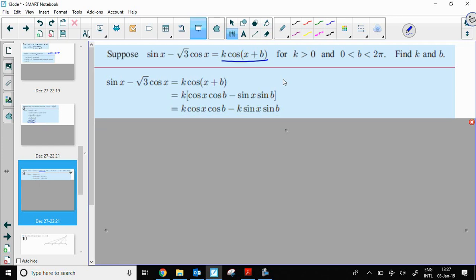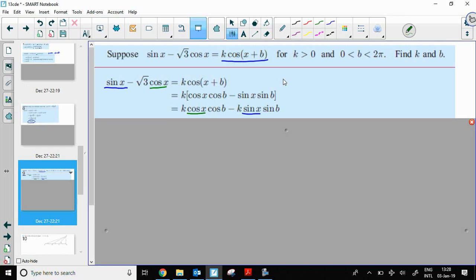Now we have sine of x is equal to all this mess, and I just want to point out we've got a sine x here, a sine x here, a cosine x here, and a cosine x here. I want us to think back to work we've done previously in this course, when we were looking at polynomials and their coefficients, right? We would say the two polynomials were the same if the coefficients of each like degree term of x were the same. We're going to use the same idea here. If these two are equal,